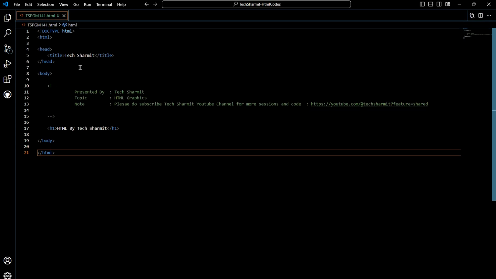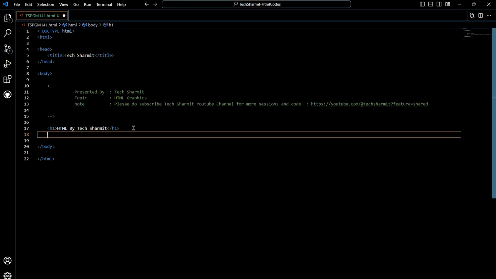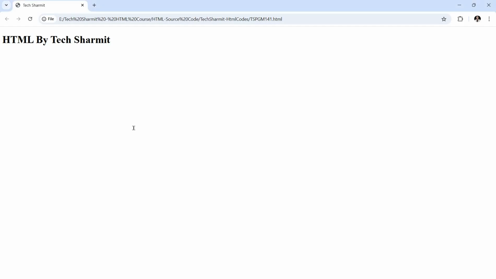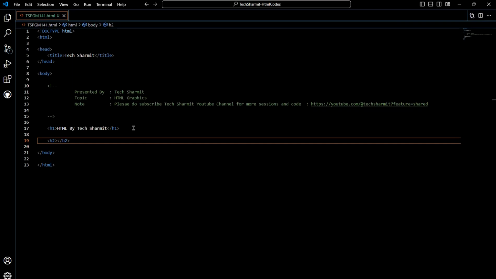Here we have just noted down the title in the head section and one heading in the comment section. Okay, so let me put one heading here, which is H2. In H2 we will just put a simple heading, but before that let me show you the output of this. So it is straightforward, right? HTML by texture. Now we will put the heading which is outline